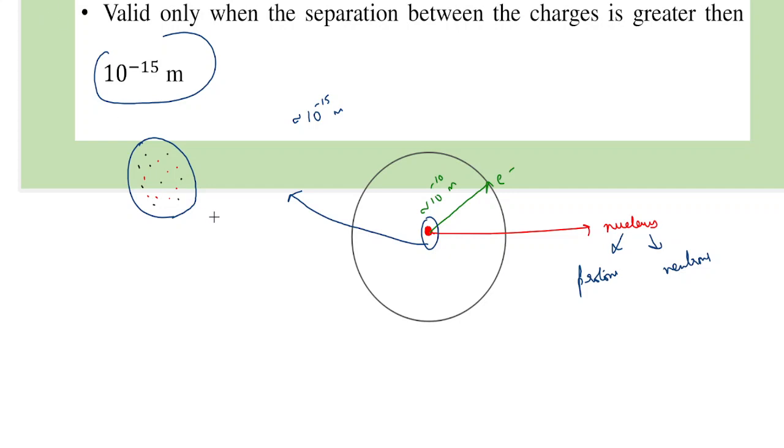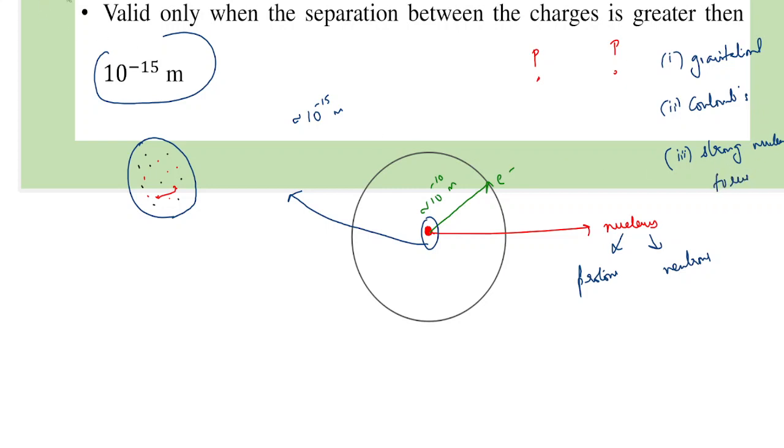Now if you look at any two protons, a proton here and a proton here, between these two protons three forces act. One force between them would be gravitational force, since protons have mass. Second, between them Coulomb's force will act, that is electrostatic force. And also between them there is something called a strong nuclear force. You learn this in first year.